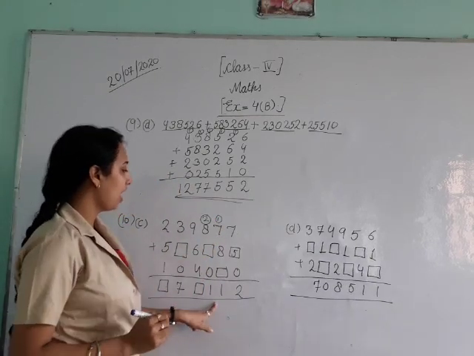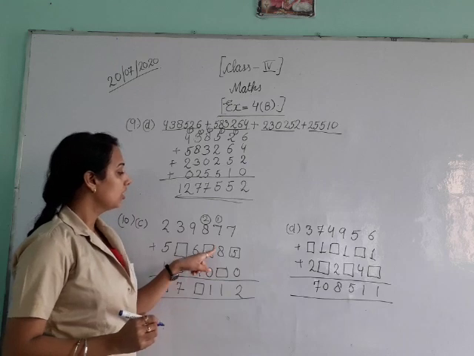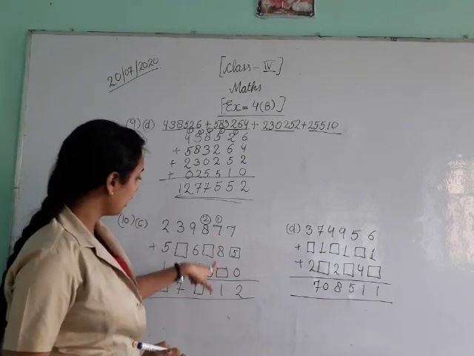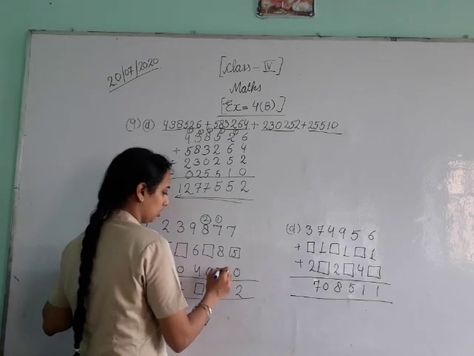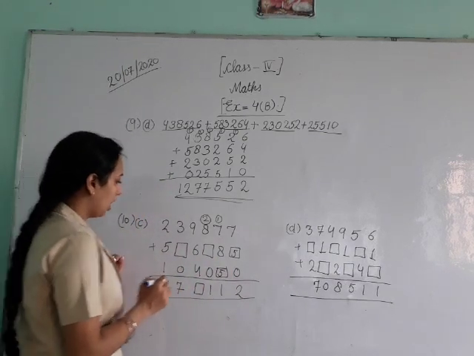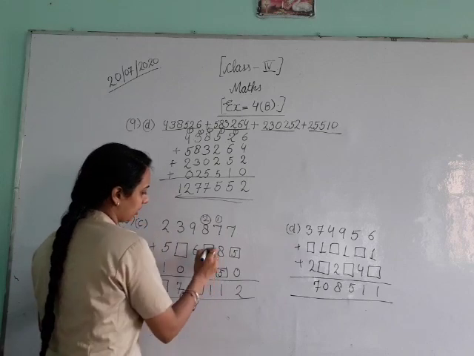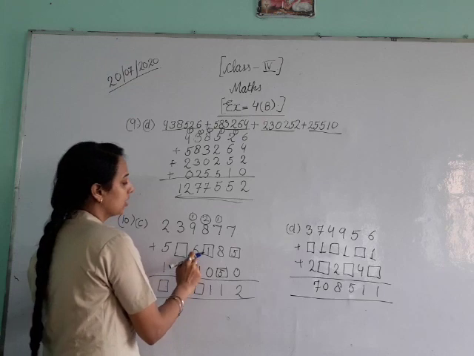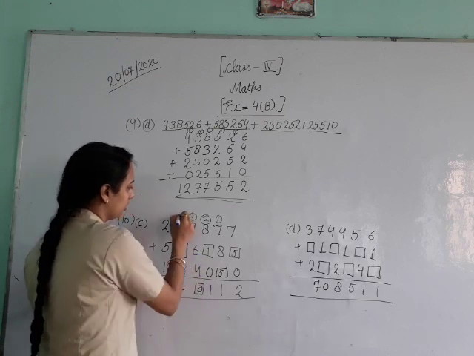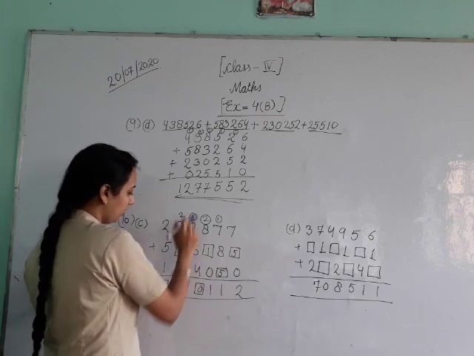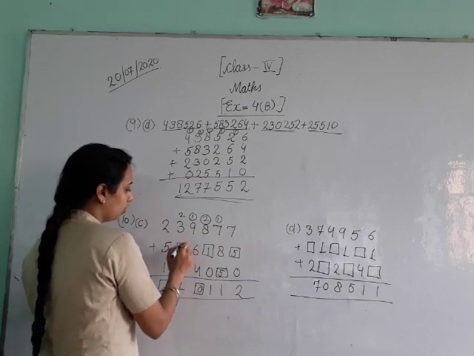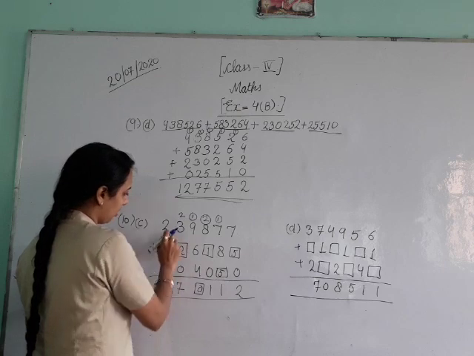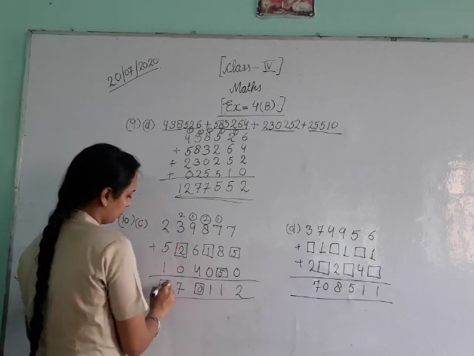Okay? 21 we have to make. So what should we add in 16? We should add 5. Okay? To make it 21. Now 8, 9, 10 and here 1. Put here 1. 9, 10, 16. 16 and 4 are 20. 0, 2, 3, 4, 5. And to make it 7 what do we have to do? 5, 2. Okay? And 5, 6, 7, 8. Put here 8.